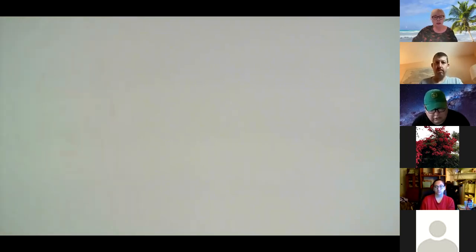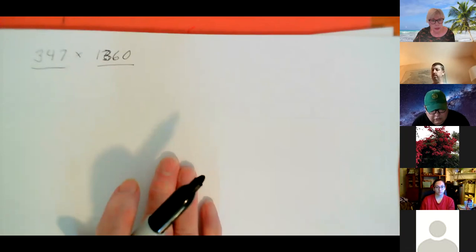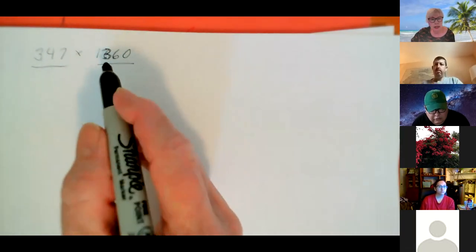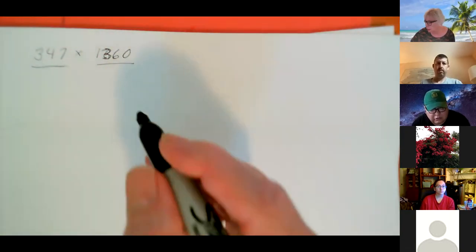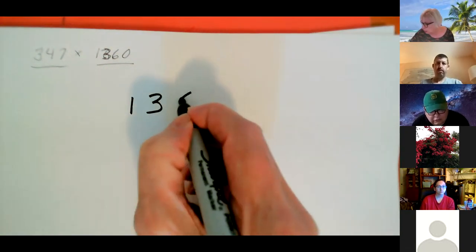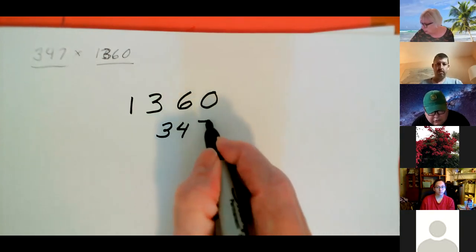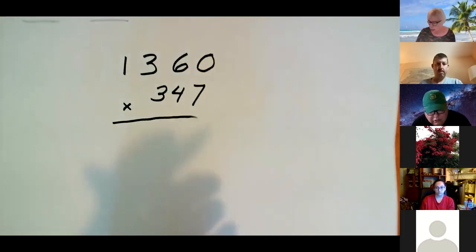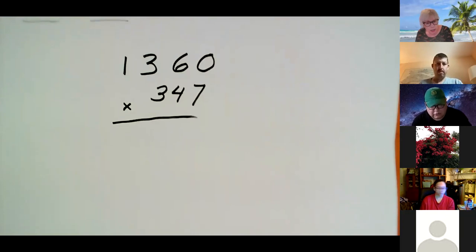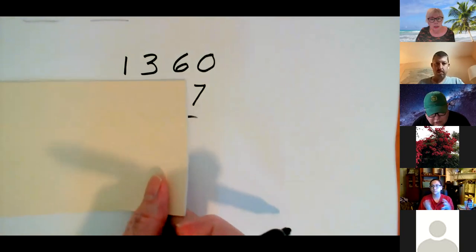And so the first one that was mentioned was something like this. So let's say there were 4 digits and then 3 digits and you had to multiply them. I'd be inclined to put the 4 digit on top and then the 347 here, and you've got to multiply it. Okay. So what I was showing you last time is that what you need to do is start with